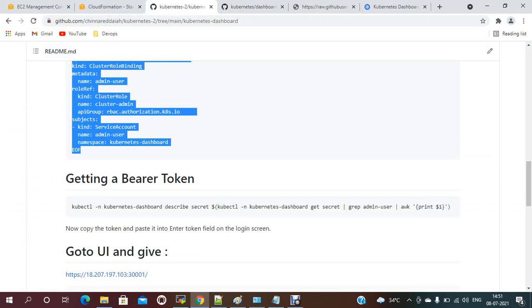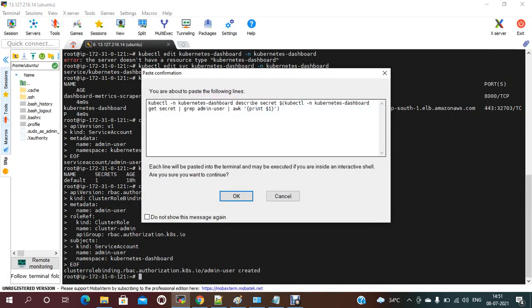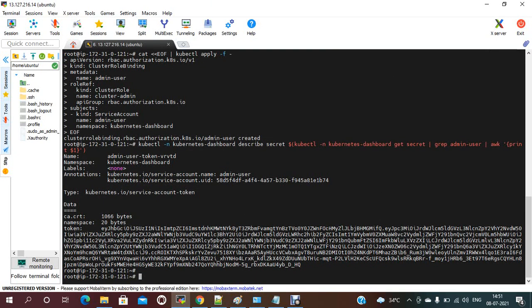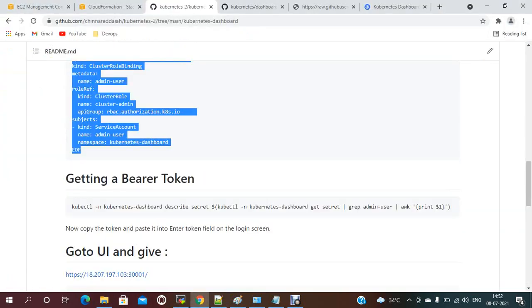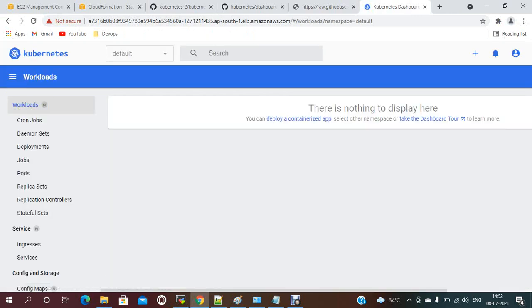The secret will be generated so that you can provide it. So this token is generated for you. You just need to provide this token to authenticate your Kubernetes dashboard. Go here, provide the token, sign in. See, your dashboard is coming up.